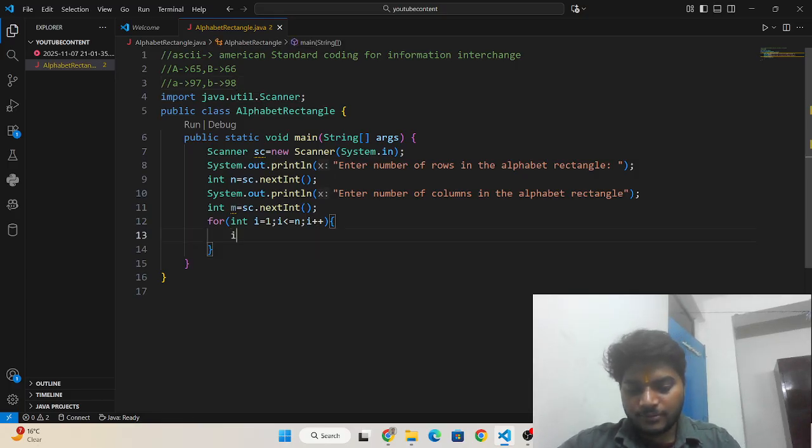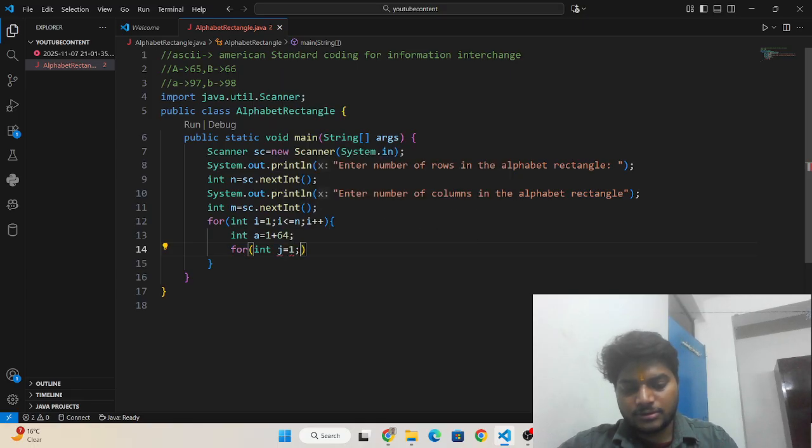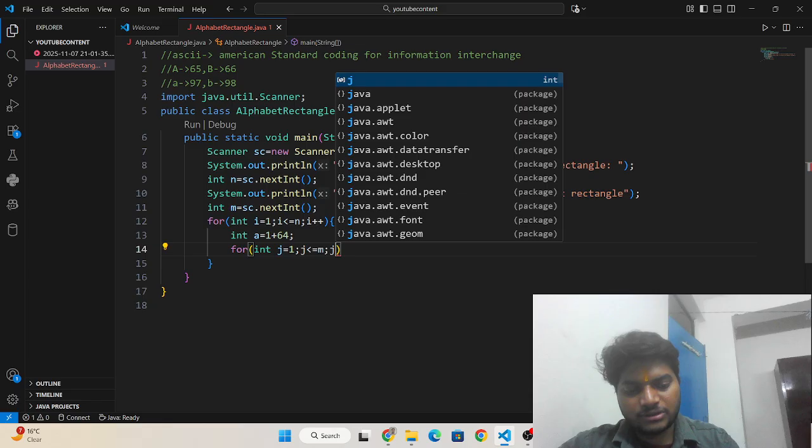So if I have to write the value of A as 1, then 1 plus 64, okay. And then I need to run an inner loop: for int j = 1, j less than or equal to m, j plus plus.